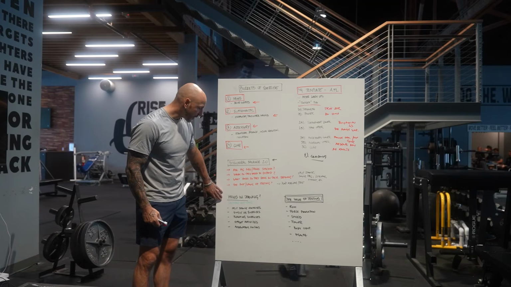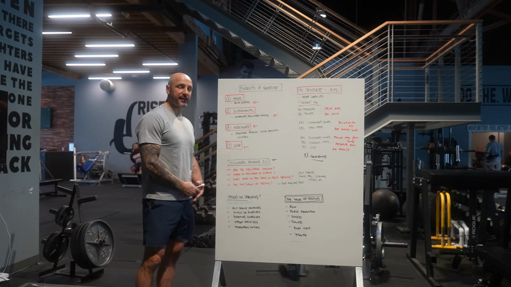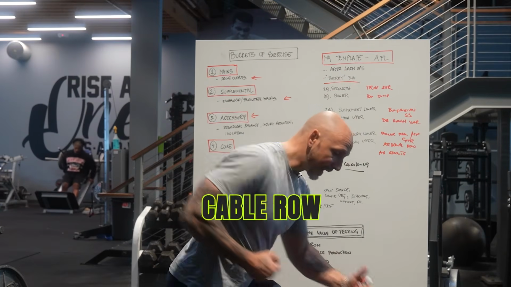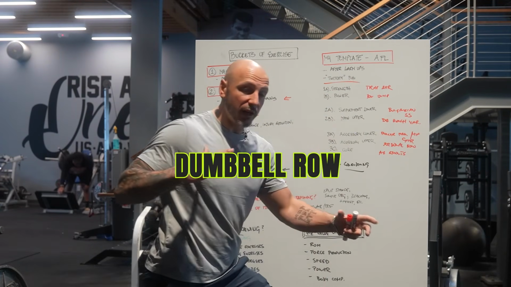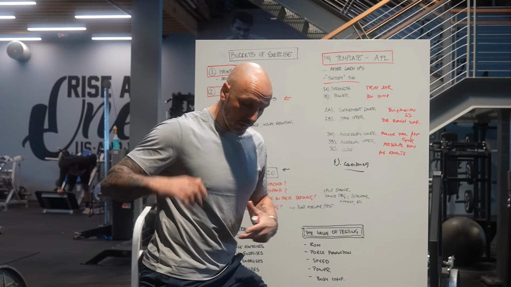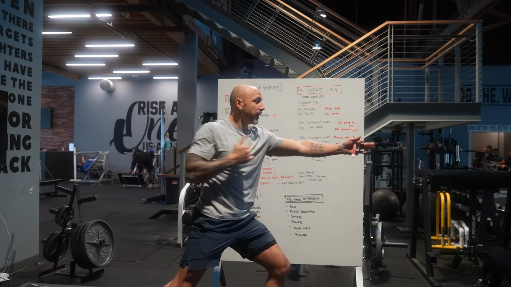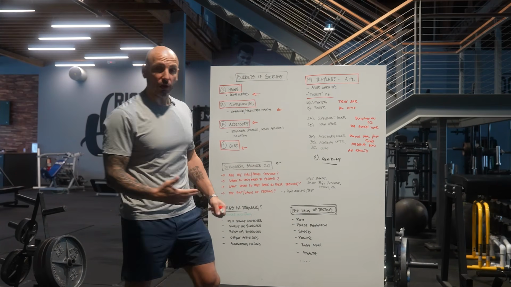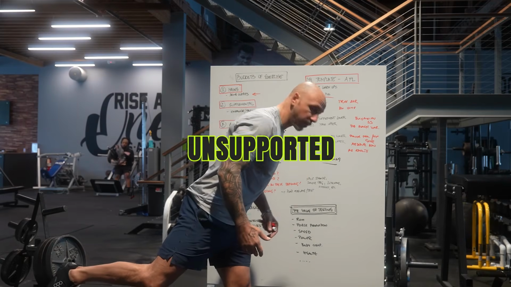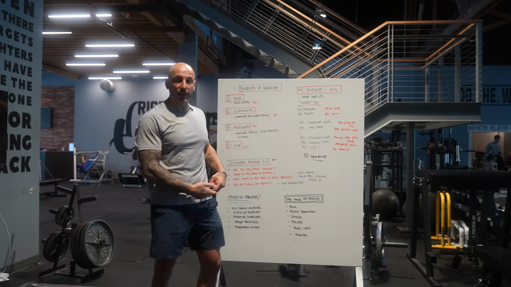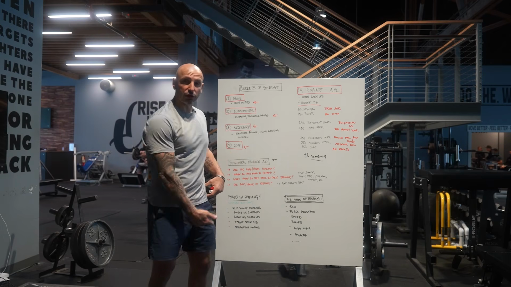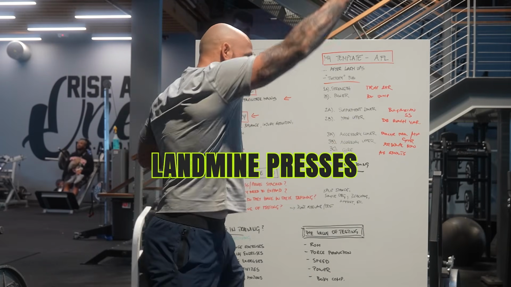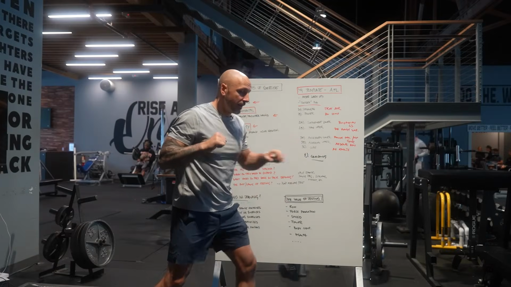So going back to holes in the training and testing, where I want to connect the dots here is to consider including more split stance exercises. I'm talking about a split stance cable row, a dumbbell row, a split stance cable press, thoracic rotations with a split stance, right? Single leg exercises. We're talking about lunges, supported, unsupported, all of it, right? To improve the stability of the foot and the hip, because remember, the foot drives the hip. Then reaching exercises. So we're talking about landmine presses, right? Push-ups with the reach, cable presses.